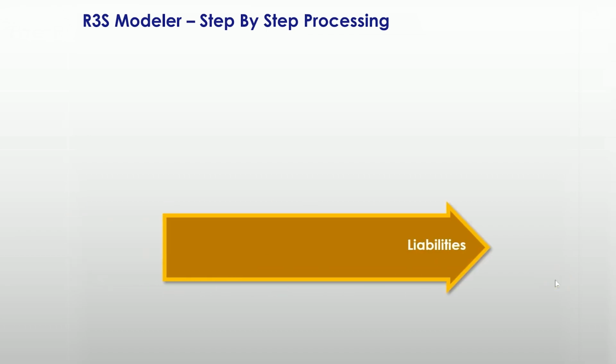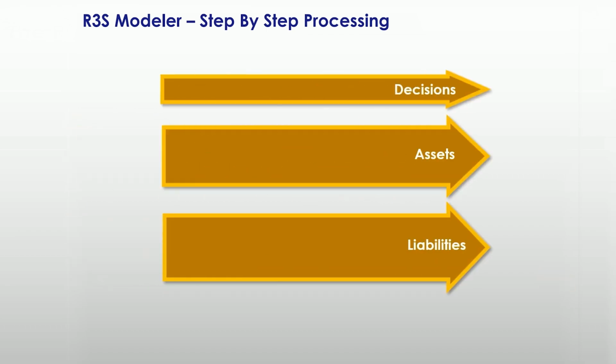Modeler will assess the best way to project data, either on a record-by-record basis or on a step-by-step basis. When there are no interactions between programs, record-by-record processing is used as it is faster. When there are program-to-program interactions, such as in ALM modeling, step-by-step processing is automatically used, as shown in this example. A cash flow model must project forward liability records, asset holdings, and company decisions such as bonus payments across future time periods.